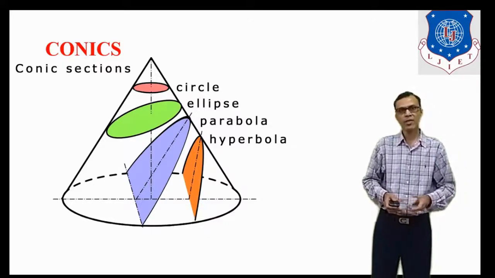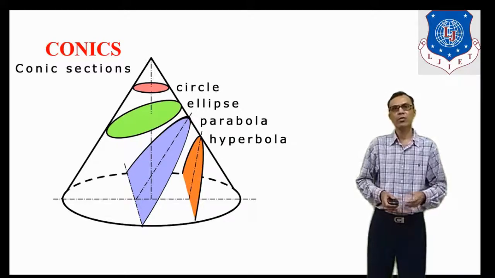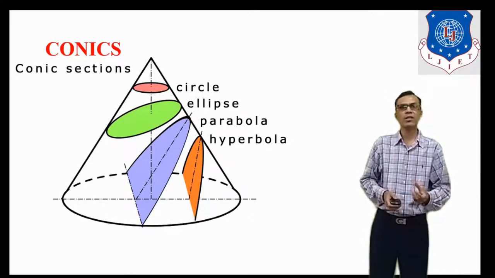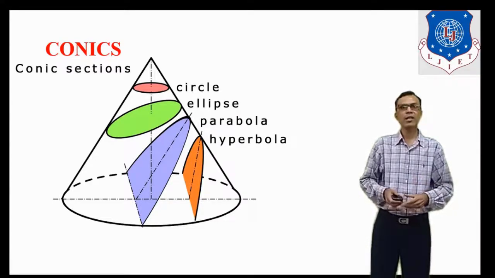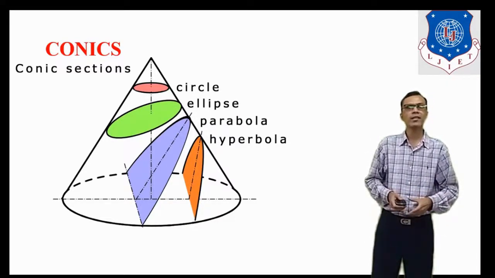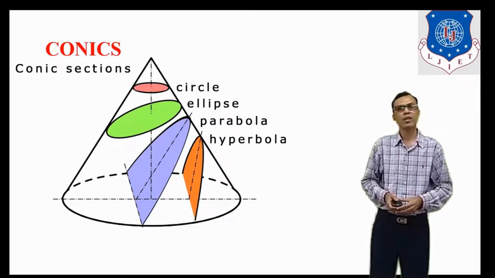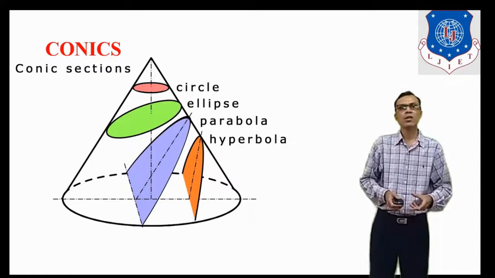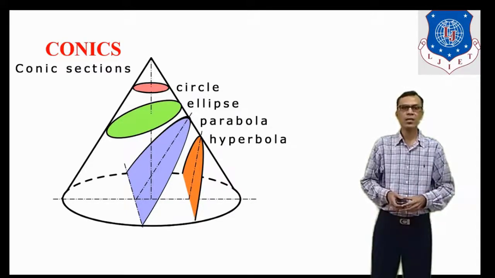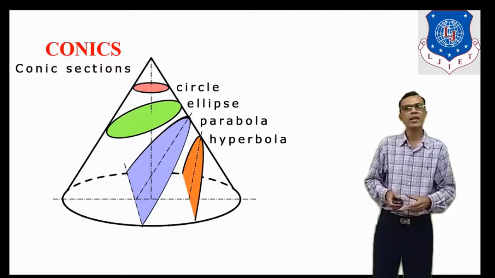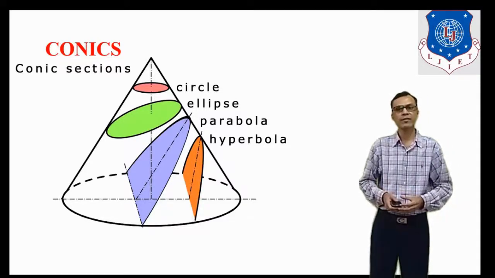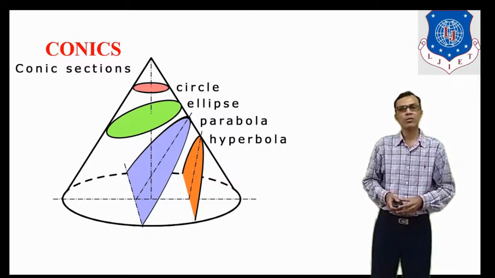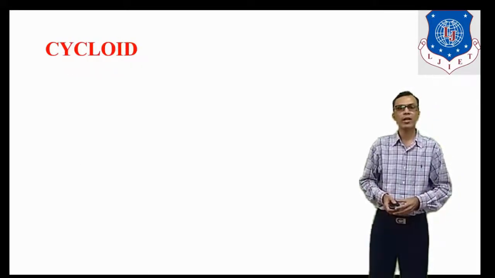If we see the applications of these conics, you know the earth is moving around the sun, and the path of the earth is elliptical. There are some tanks whose heads are elliptical in shape. If you throw any projectile from the earth, it will follow a parabolic path. This concept is used in the designing of missiles, to know how much distance they will cover. There are some cooling towers which are hyperbolic in shape. So these are the applications of conics.